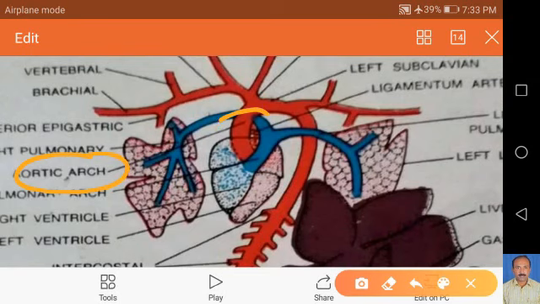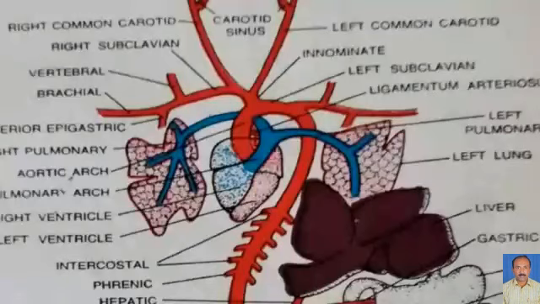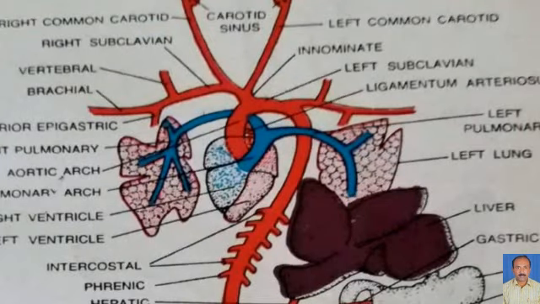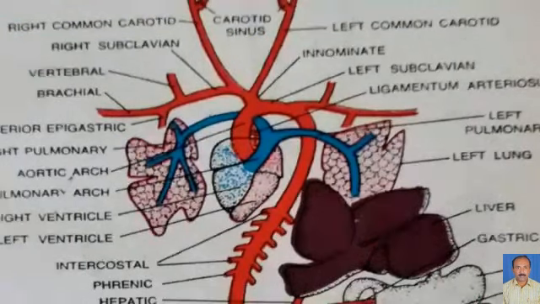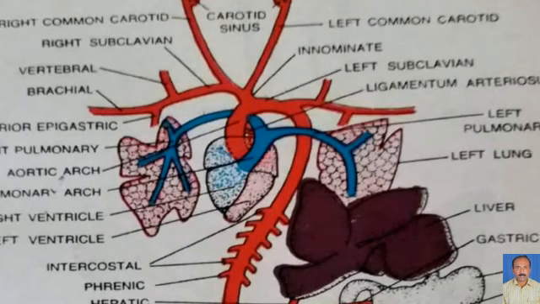This is the aortic arch and its branches. The aortic arch arises from the right anterior corner of the left ventricle and turns towards the left. It loops round the left bronchus and reaches the dorsal side of the heart as the dorsal aorta through the thorax and abdomen along the mid-dorsal line. It gives off various arteries along its course to the organs near which it passes.